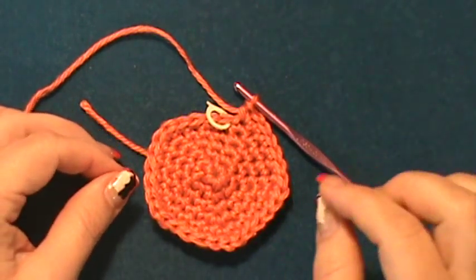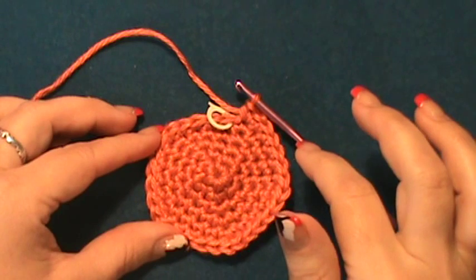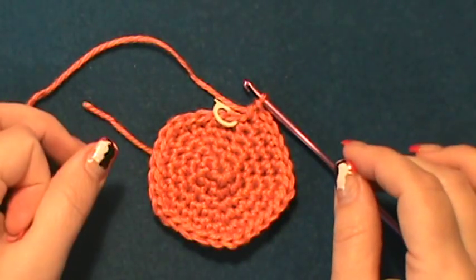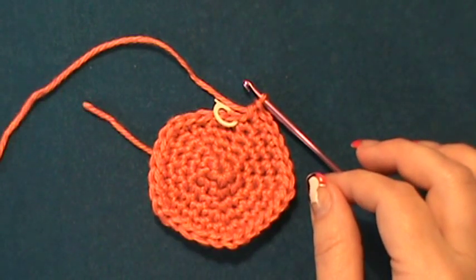Just keep doing what you're doing. Count your rows, or count your single crochet when you get to 50 of them around. At the end of row 10, you will be completely finished with your increases. And also, let me clarify, this pattern is also on